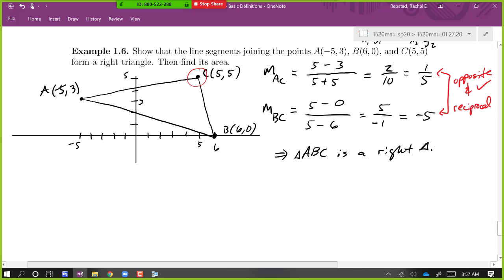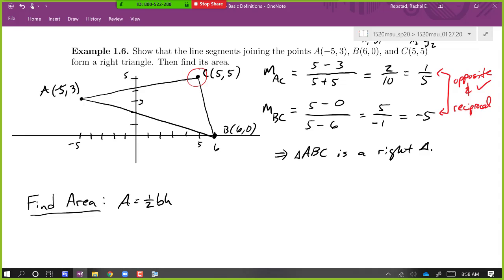Cool. The last thing we want to do is find the area. Now this is a right triangle. Because it's a right triangle, finding the area is a little bit simpler. The 2 legs of a right triangle, you could consider those the base and the height. In order to use the formula 1/2 base times height, we have to understand the height is always a perpendicular distance from the base. So if it's a right triangle, we actually get to use the two legs there. So what do we need to find in order to get the area?